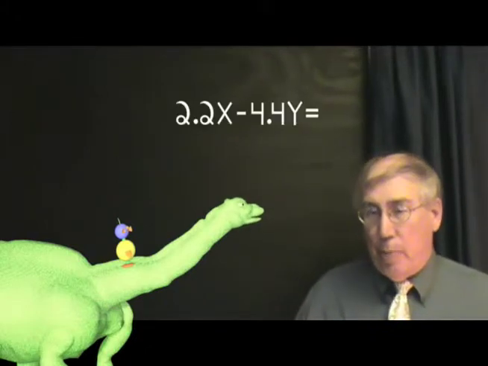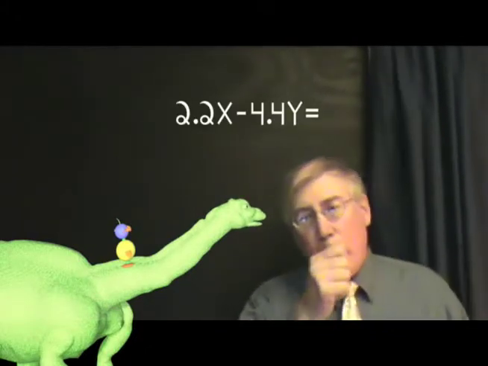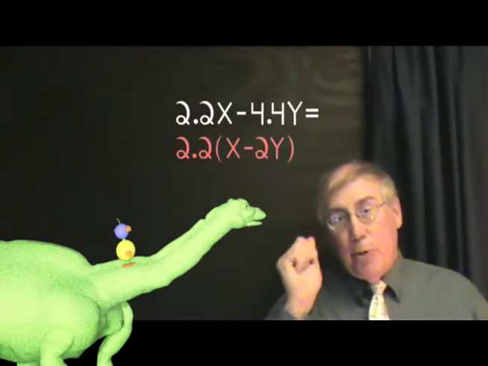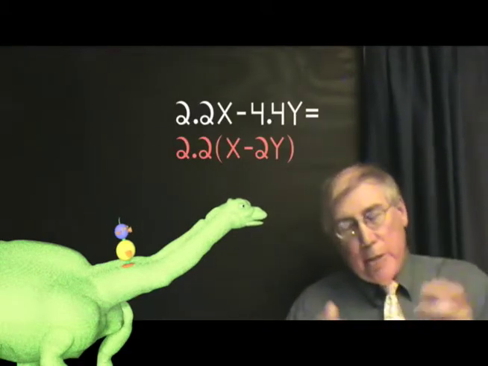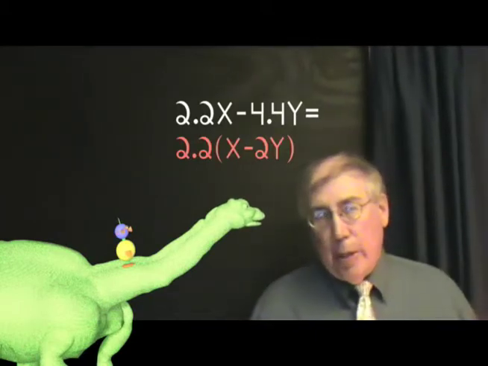Oh, here comes, looks like a dinosaur, and on the dinosaur is Newton. And I bet you Newton has something for us. Usually shoots out a problem for us. Alright, here we have a decimal. Now that 4.4 is the same as 2 times 2.2. So each term has a 2.2. We can pull that out. 2.2 times the quantity x minus 2y